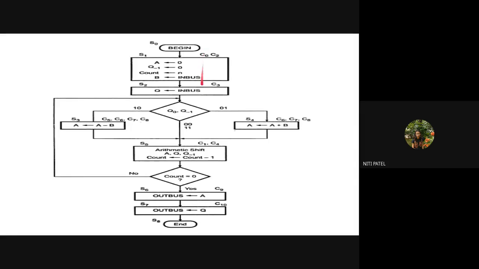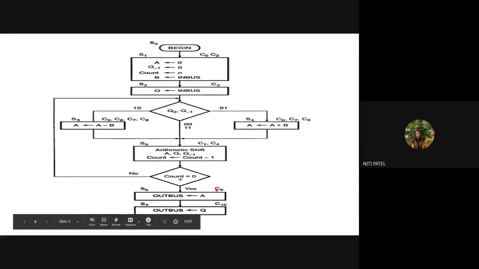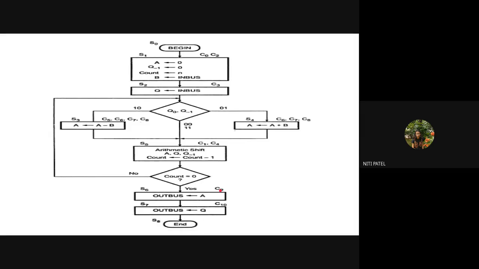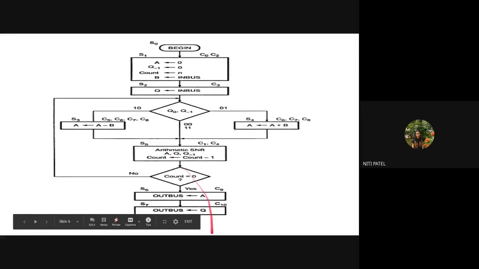After 0, 1 is generated, after 1, 2 has also come, 3 has also come, 4 has also come, 5, 6, 7, 8 have also come, 9 and 10 have also come. So yes, it is correct. It has generated in a sequence. But I do not know which operation was executed. So let the operation control signals go anywhere, but the sequence should be maintained.